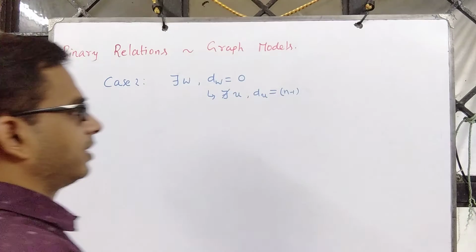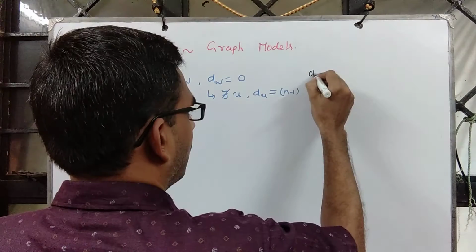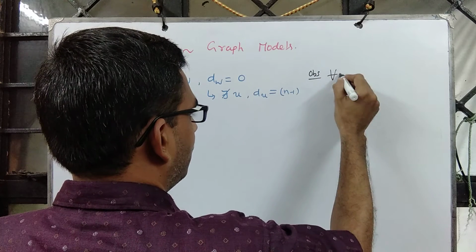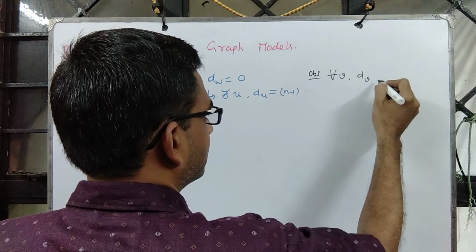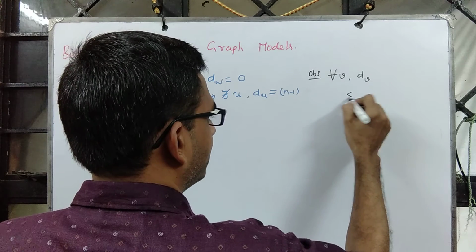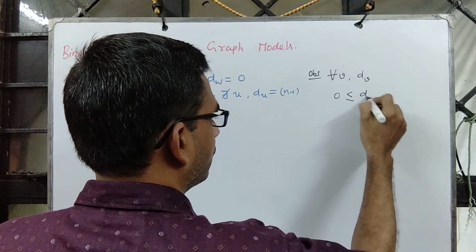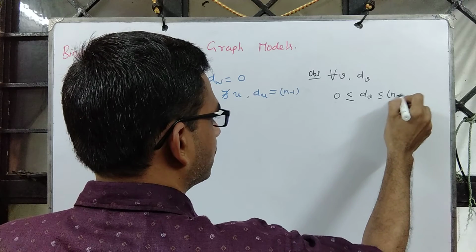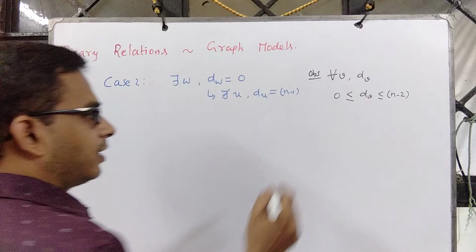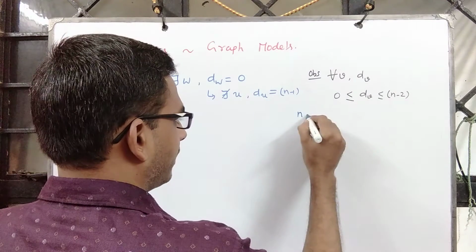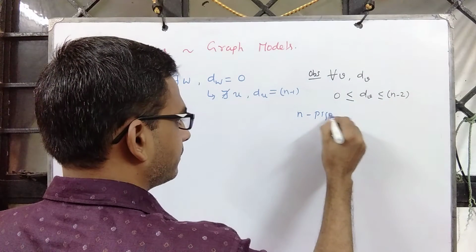That shows that for all V, degree of V is between 0 and n minus 2. Correct? Now, n PGNs